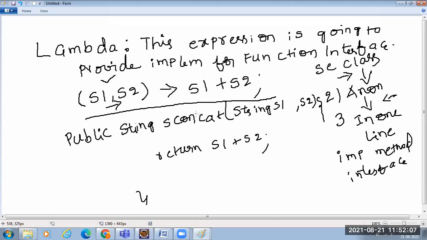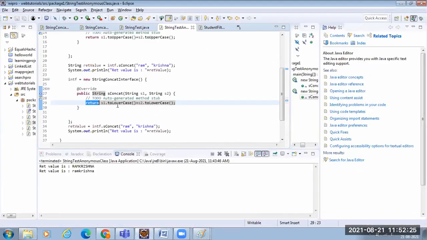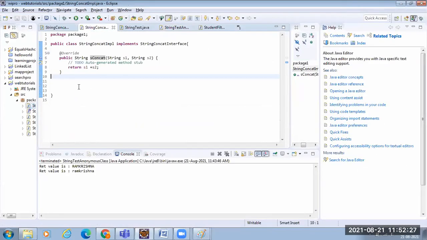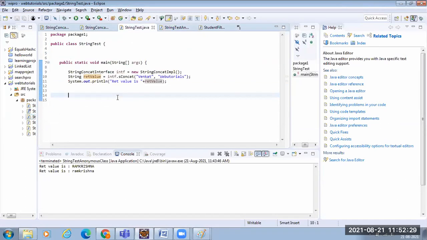Lambda is saying, don't tell me all this. This is not required, data type is not required, and return is also not required if one line is there. Why? Because see, to any interface implement,